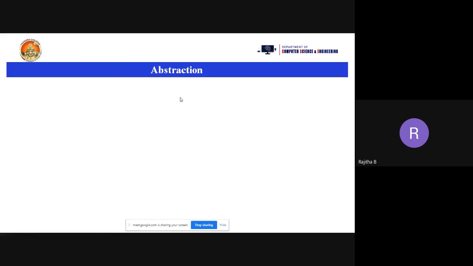Now suppose you are connecting Bluetooth devices. I am connecting two mobiles with Bluetooth.